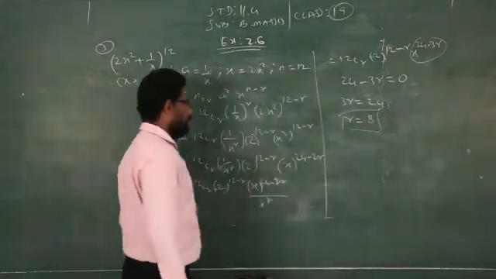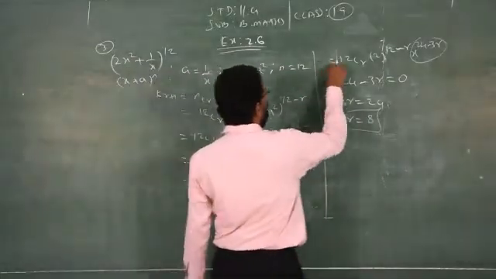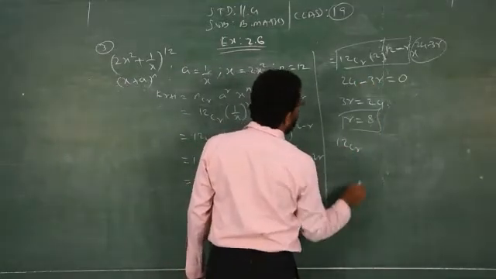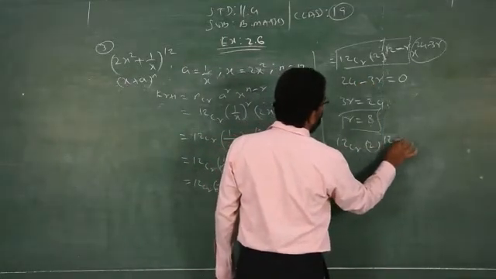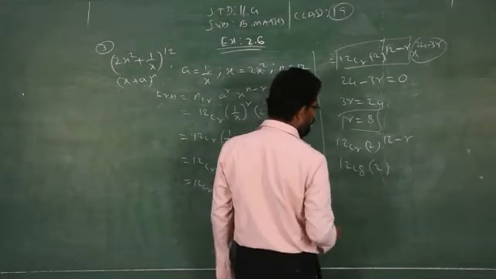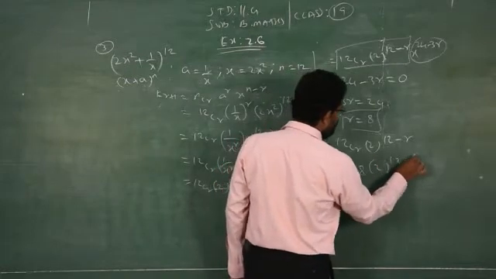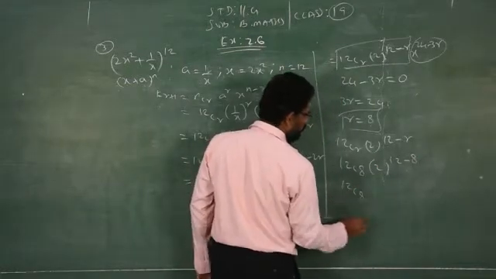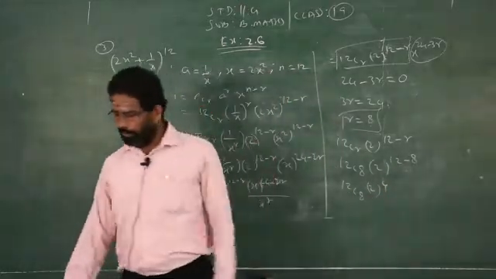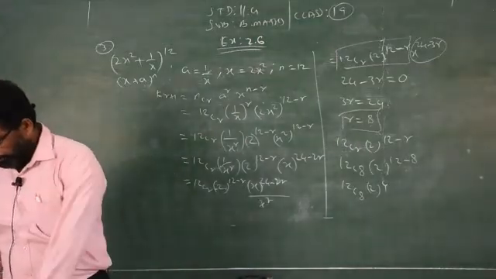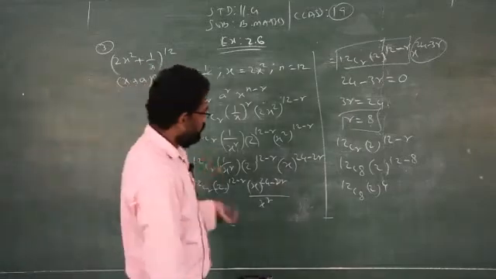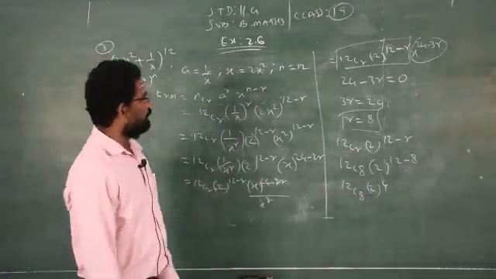After finding the value r equal to 8, as I told you already, take this part alone and substitute r equal to 8. So 12Cr, 2 power 12 minus r becomes 12C8, 2 power 12 minus 8, that is 2 power 4. That's all. You can simplify and get the answer, or you can leave it as it is. Clear? This is the independent or constant term.